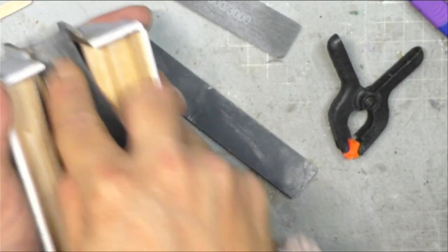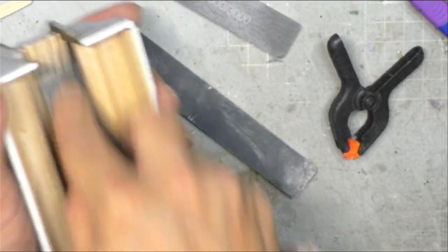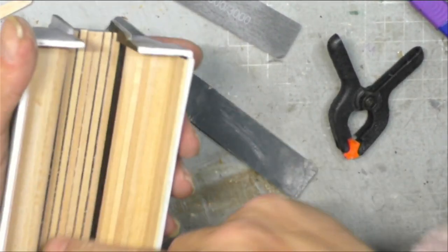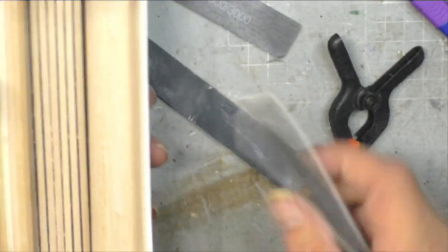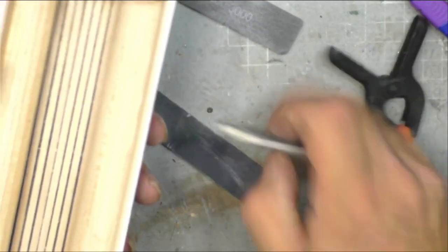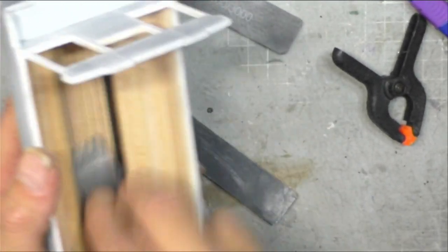Okay, so that's fine. I'm happy with that. That's as far as I'm going with the floor. It's not actually, I'm just going to do this bit. There's a little bit up there I'm not 100% happy with, but that might be me being a little bit too much of a perfectionist, but is that a bad thing? Right,